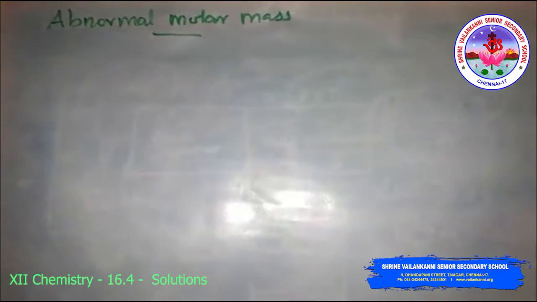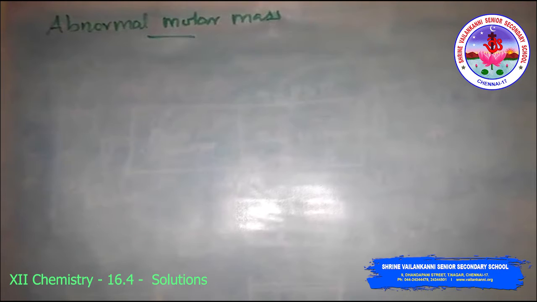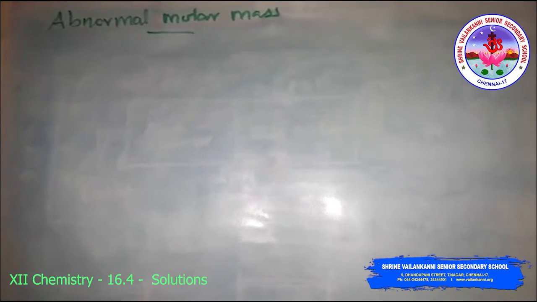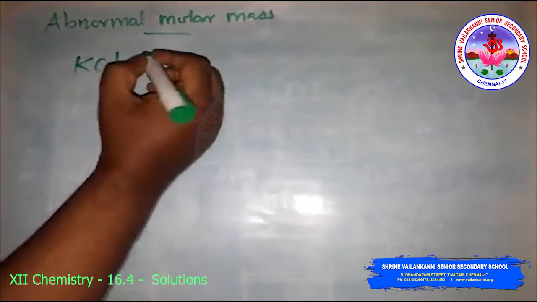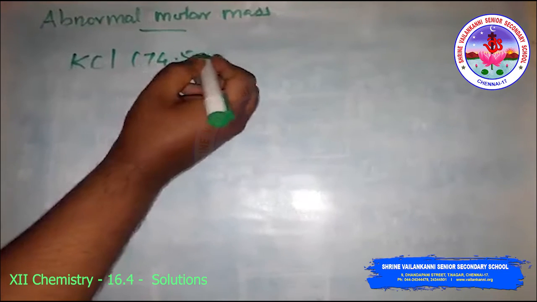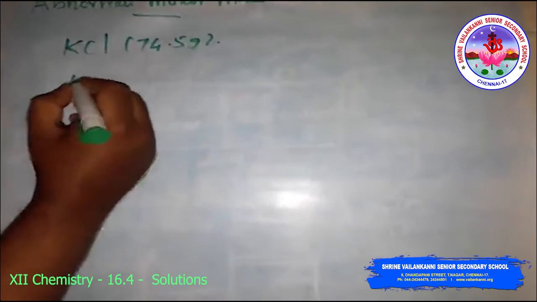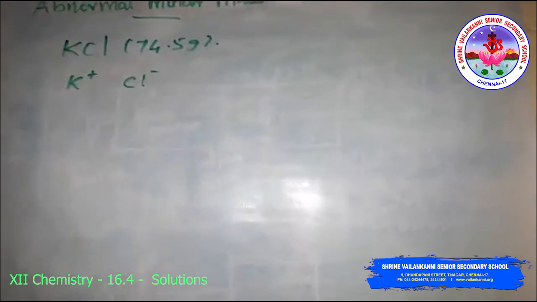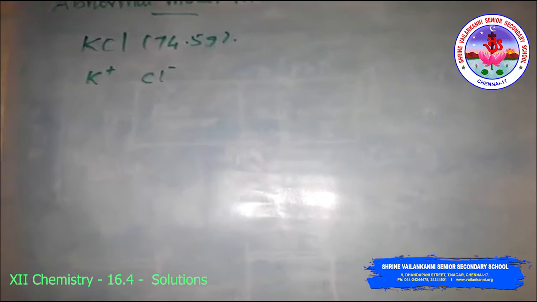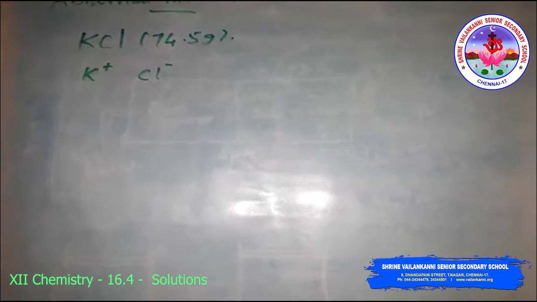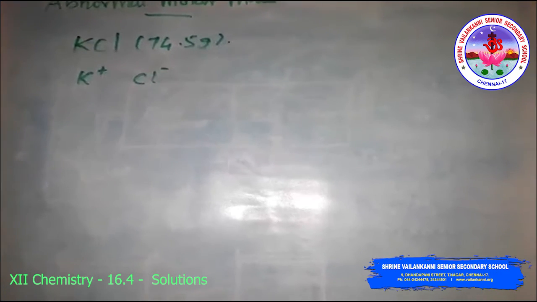Abnormal molar masses. We know that ionic compounds when dissolved in water dissociate into cations and anions. For example, if we dissolve 1 mole of KCl, that is 1 mole of potassium chloride, 74.5 gram, in water, we expect 1 mole each of K+ and Cl- ions to be released in the solution. So there would be 2 moles of particles in solution. If we ignore the interionic attraction, 1 mole of KCl in 1 kilogram of water would be expected to